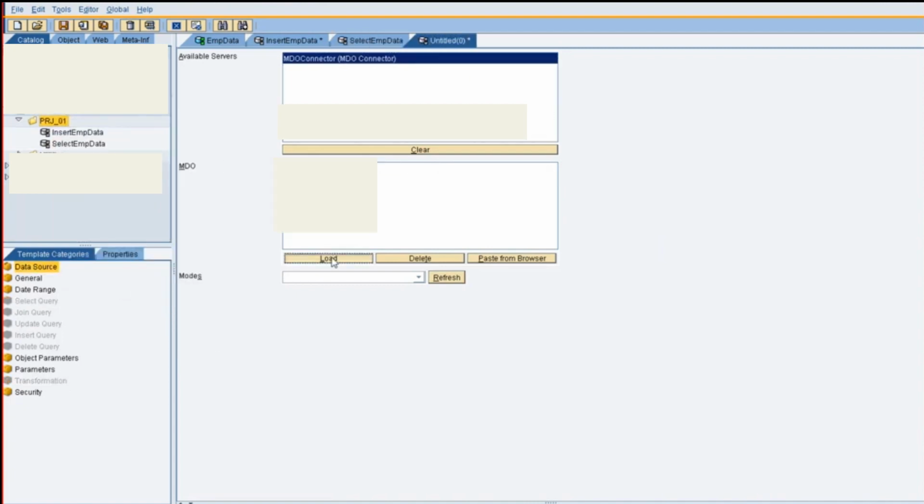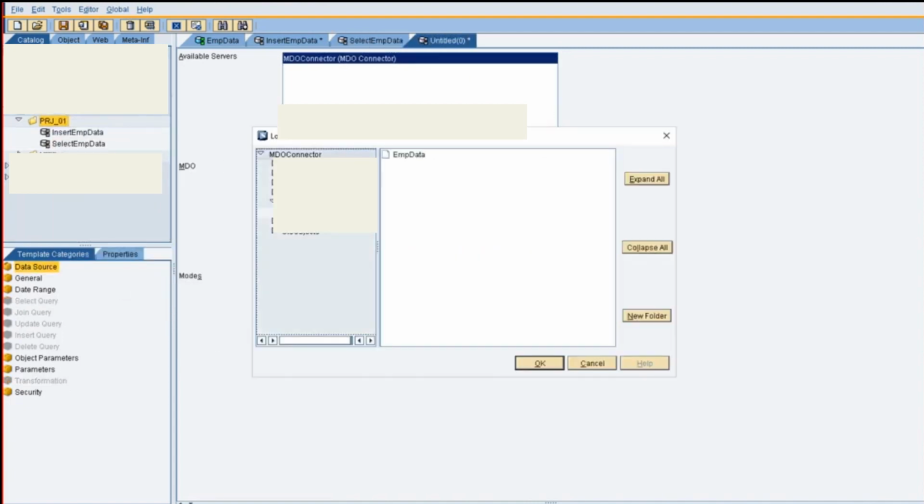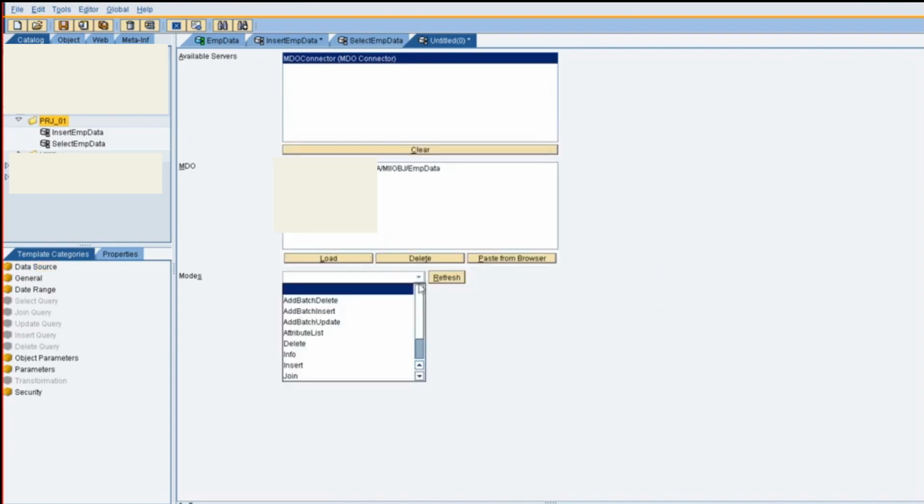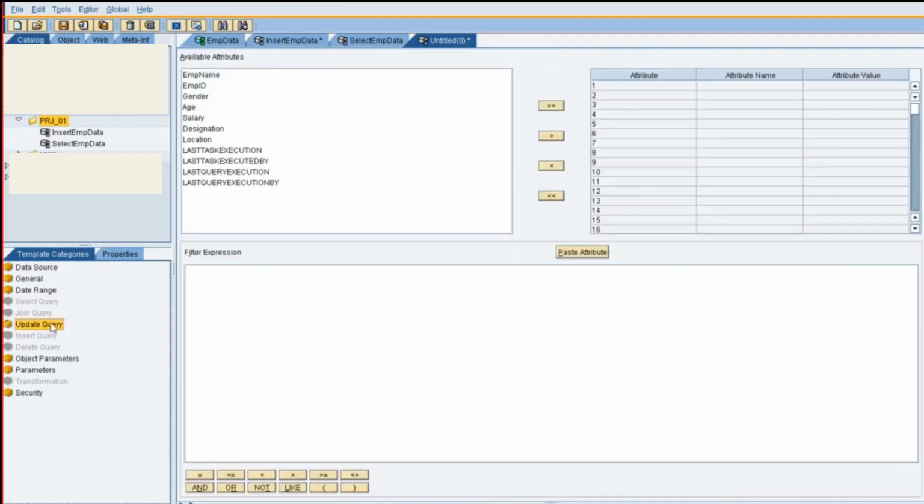Okay, MDO query. This time we'll be calling the same MDO employee data object, which it will be referring to, and here we'll be selecting the update statement. So we are updating the current entries. Here also we'll call whatever attributes you want to update, first based on the condition. So I will place the condition like, if the employee ID is so and so,